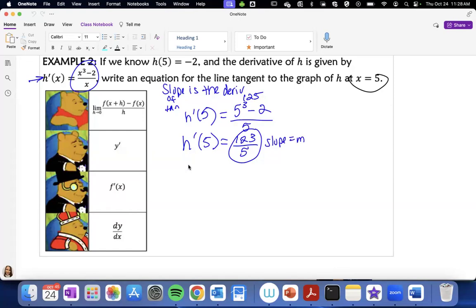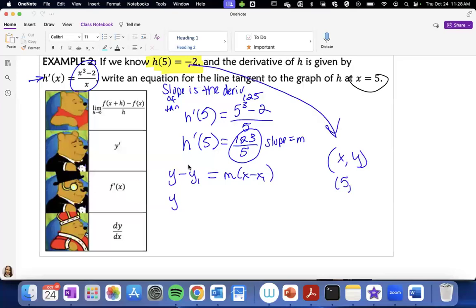Then you just plug it in, right? Y minus y sub 1 equals m times x minus x sub 1. So what's my x comma y? My x is 5. My y is negative 2. Up here, do you see it? H of 5 is negative 2. That's your x, y. So 5, negative 2. You plug that in. So y minus a negative 2 equals slope 123 fifths times